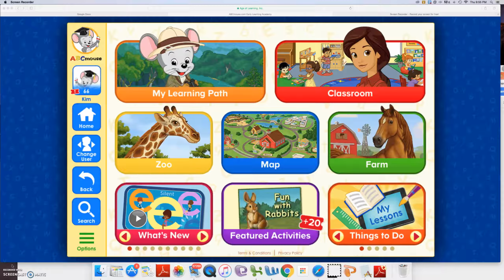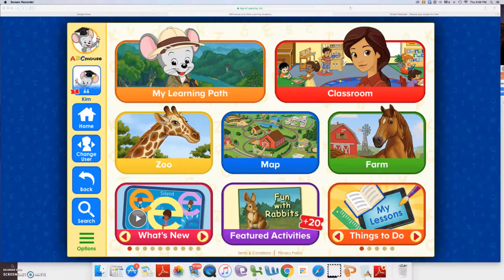My goal for this project was to discover, learn how to use, and implement an educational website or software that would reinforce my students' learning in the classroom. So my hope is to use it in centers, and also I was thrilled to find out that this one has a home connection. So I was searching specifically for a program that related to letters and pre-reading skills and